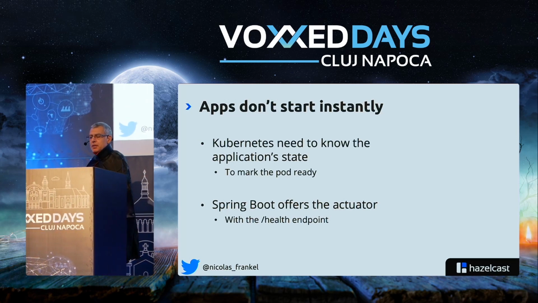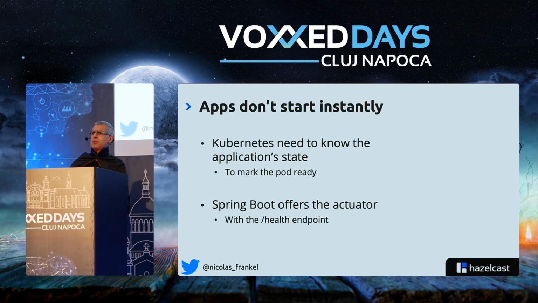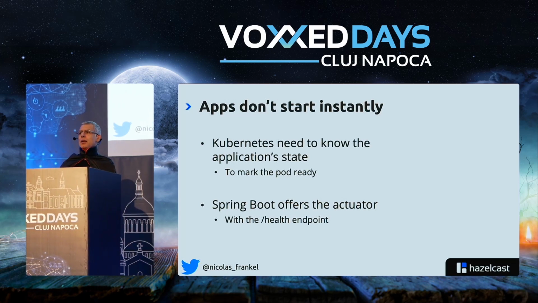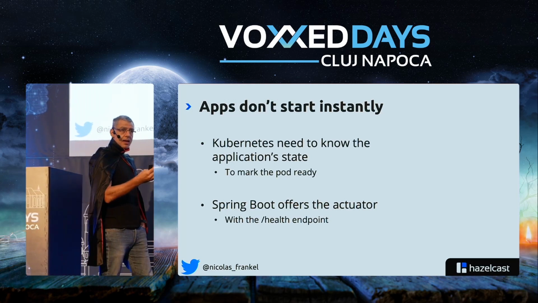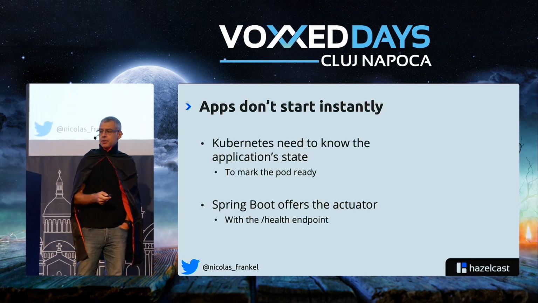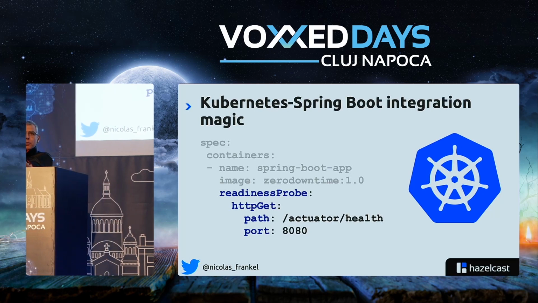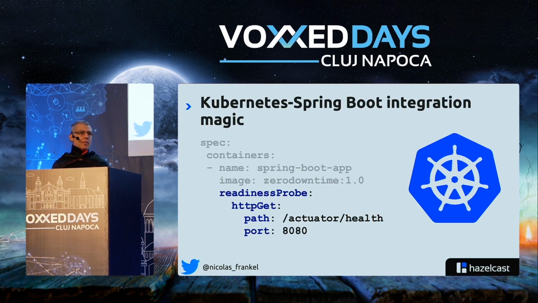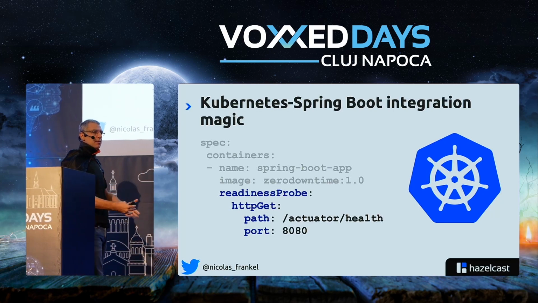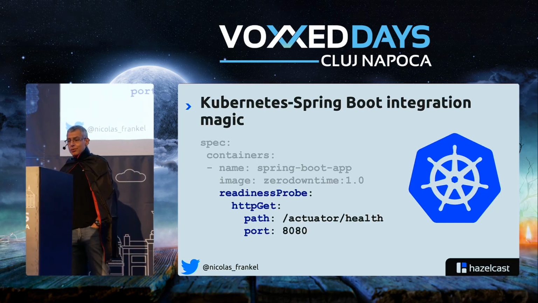Okay, but Kubernetes allows that. And if you are using Spring Boot, who here is already using Spring Boot? Yeah. Spring Boot has the actuator endpoints, and one of them is a health endpoint. So it's just a matter of wiring them together. You have the readiness probe, you have the health endpoint, and it's done. So when the application is healthy, then just direct requests to it, and it's fine.